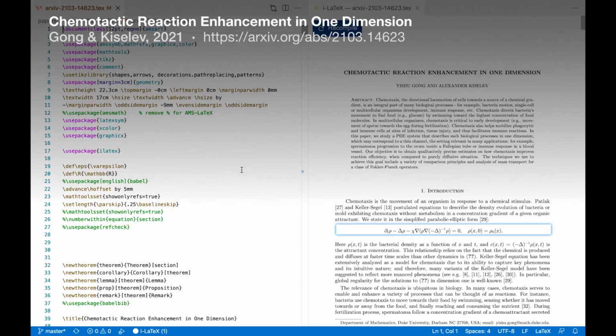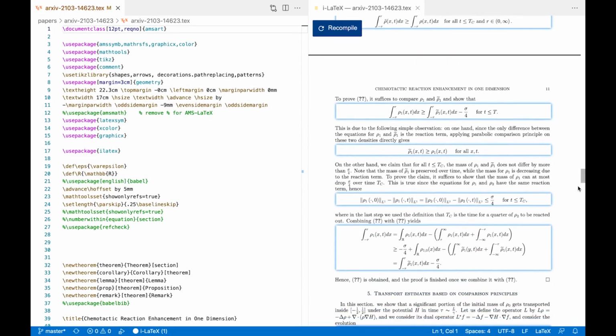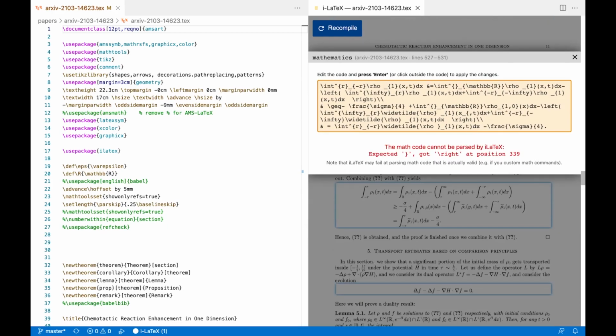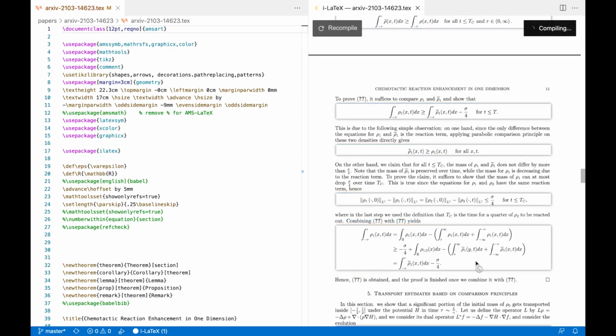i-LaTeX lets users locate and edit the code of a mathematical formula with a live preview. The code of individual symbols or groups of symbols can be identified by pointing them with the mouse, and it can be selected by clicking them. Modifying the code updates the formula in real time, and the visualization warns the user in case of error. When the transitional representation is closed, the document is saved and recompiled automatically.